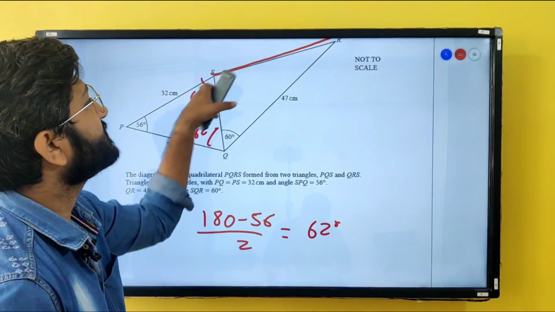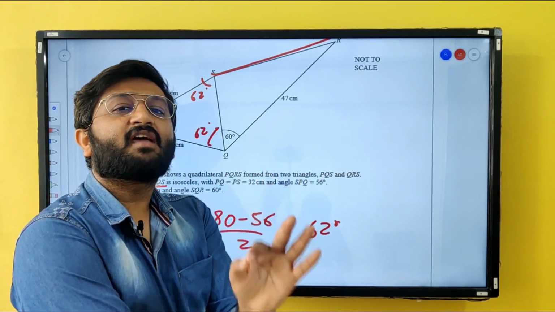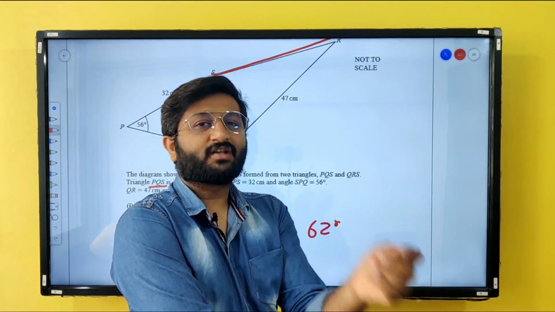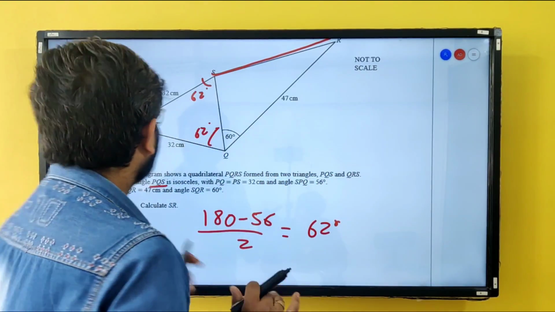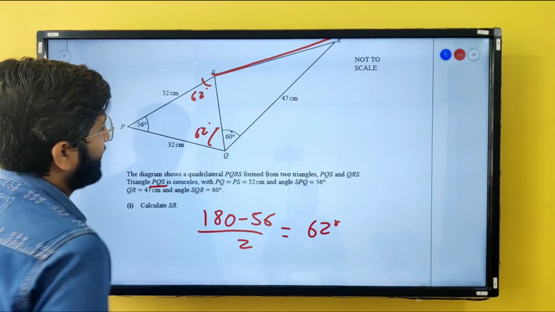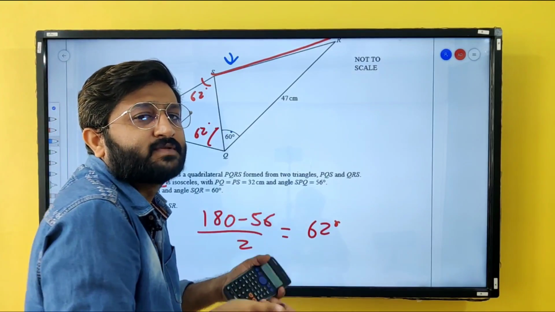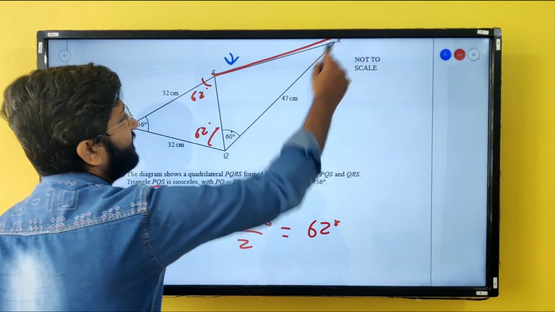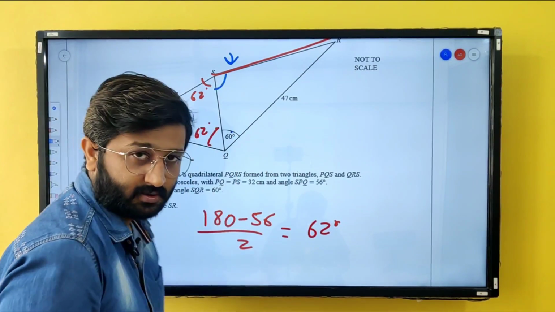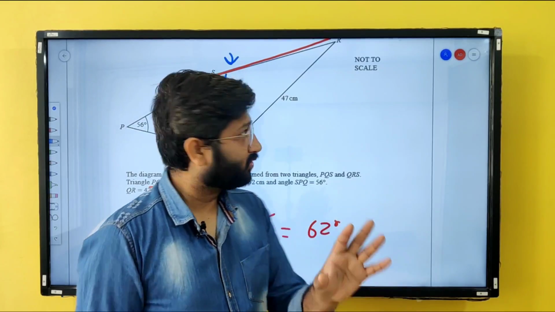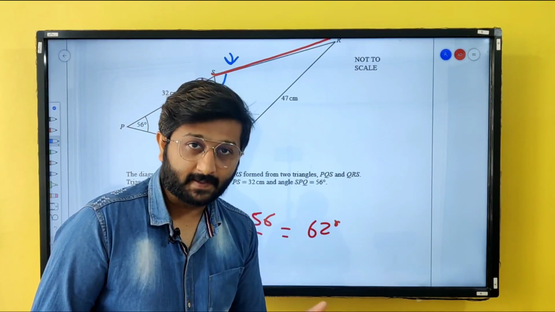Now I am supposed to find this SR, and we know this is a non-right angle triangle. So we'll either have to apply the sine rule or the cos rule. Now how to identify which to apply? Let's say I have this angle. Do I have this side? No, because I am supposed to find this side. I have this side. Do I have the angle opposite to this side? No, I don't. Is there any way to find it? Right now we don't have any way. So I don't think the sine rule would be applicable here.